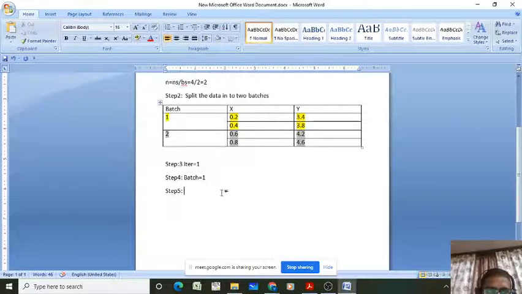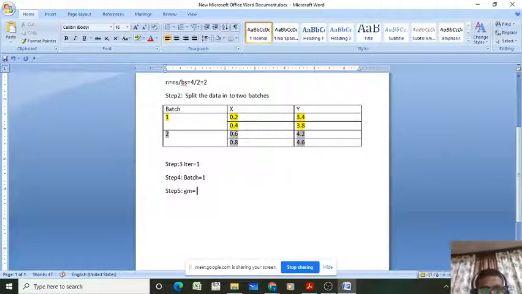I will write GM. GM is nothing but the gradient with respect to the model parameter m, the gradient of the loss function, the error function, with respect to the model parameter. I am calling it GM.